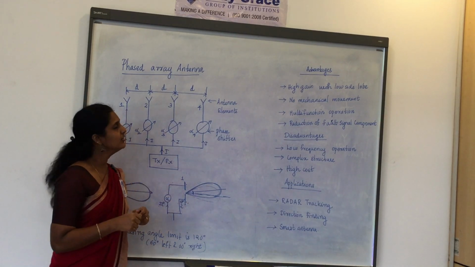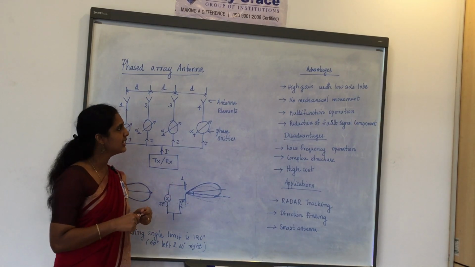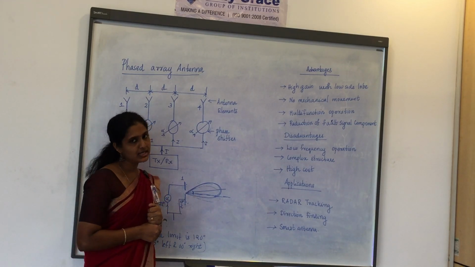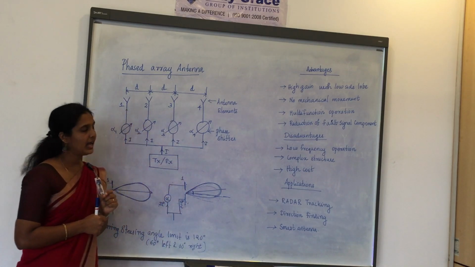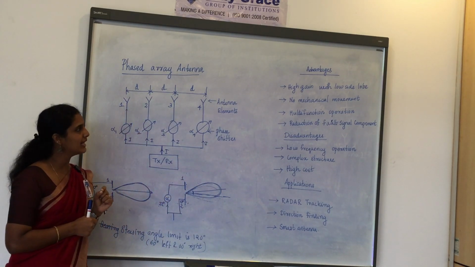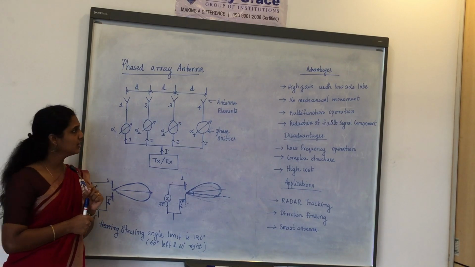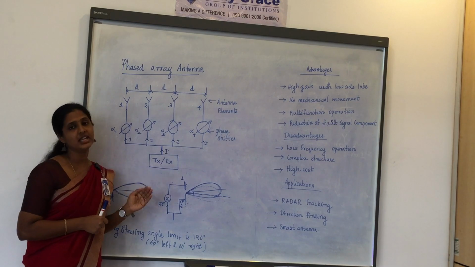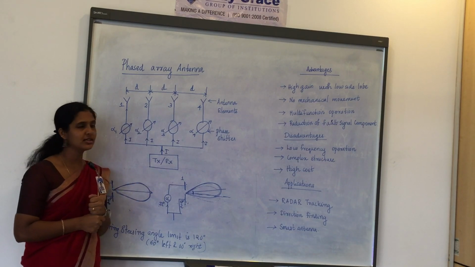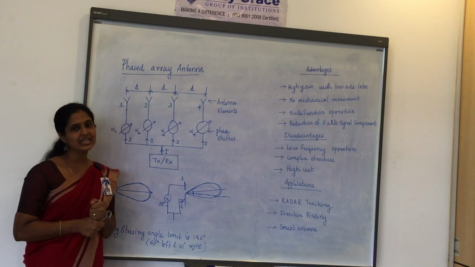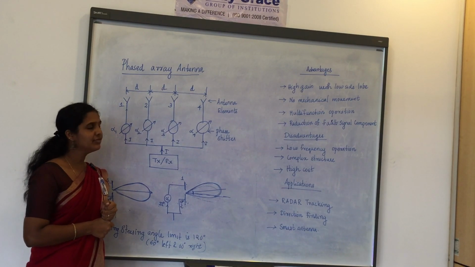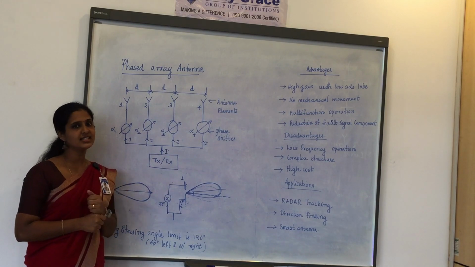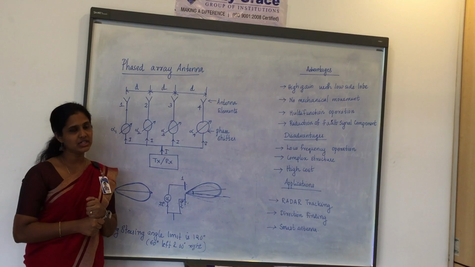Then the advantages of beam steering and the phased array antenna: with this phased array antenna we can get high gain, and side lobe levels are very low. The next important thing is that no mechanical movement is needed. As we said in the previous section, mechanical movement is not done here. Electronic movement is done through software and hardware, so no mechanical movement is needed. Then multifunction operation: by beam steering, we can connect to more than one device at a time. So that is multifunction operation.